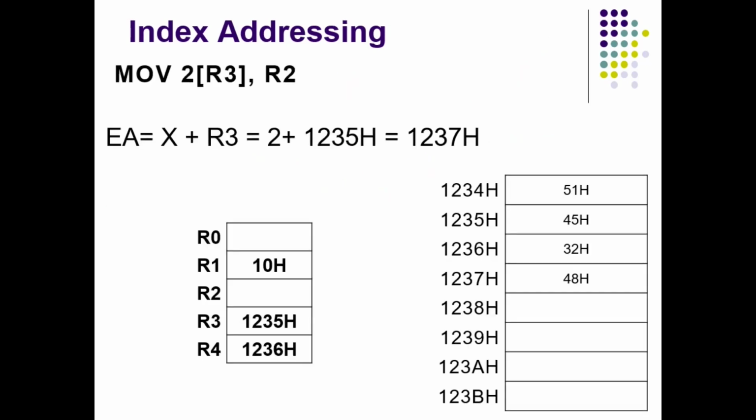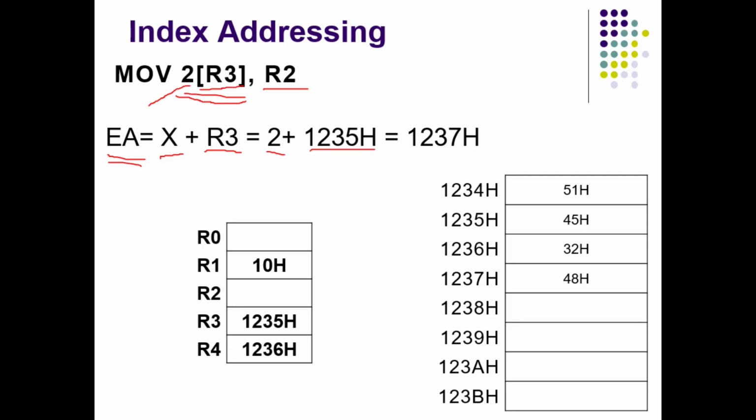In this example of index addressing mode, I have used index addressing at the source operand, and the destination operand is a general purpose register. See, while mentioning the source operand using index addressing mode, I have used the index 2 and R3 as indirect addressing. So how do we find out the effective address? As per the syntax I explained, add the given index to the register. That means the given index is 2 and the register is R3.